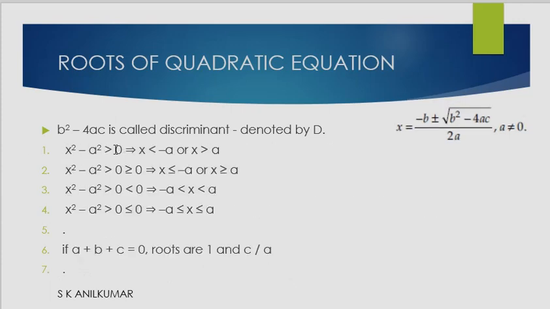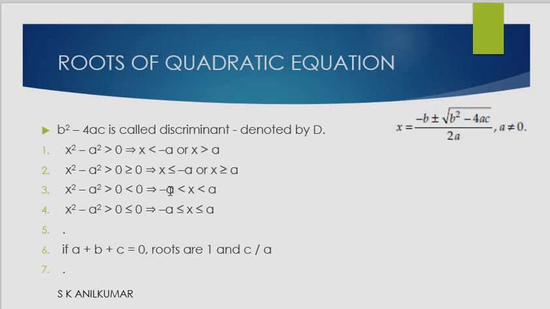Now, x squared minus a squared greater than 0 means x can take any value outside minus a and plus a. If x squared minus a squared is less than 0, meaning between the zeros, then x will take values from minus a to plus a. It can also be said that x will lie between minus a and plus a. This is x is less than or equal to minus a, x is greater than or equal to a,